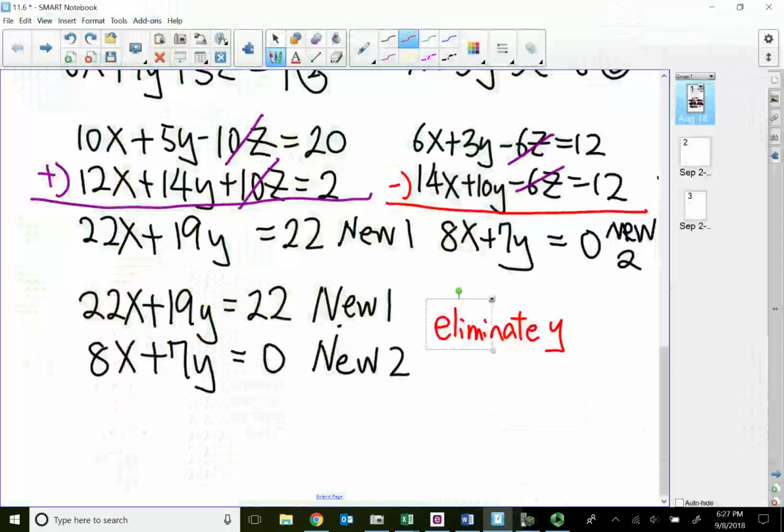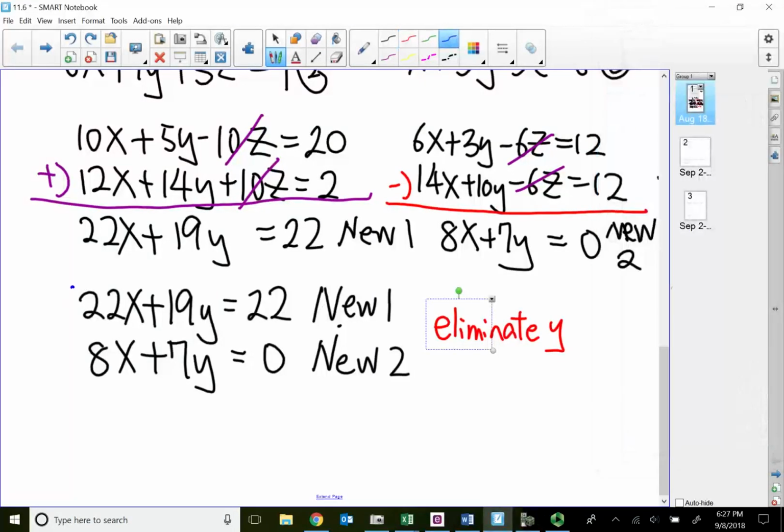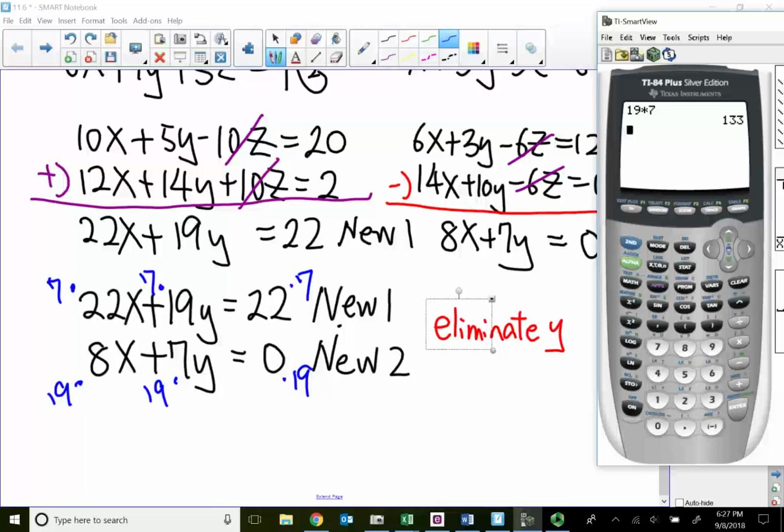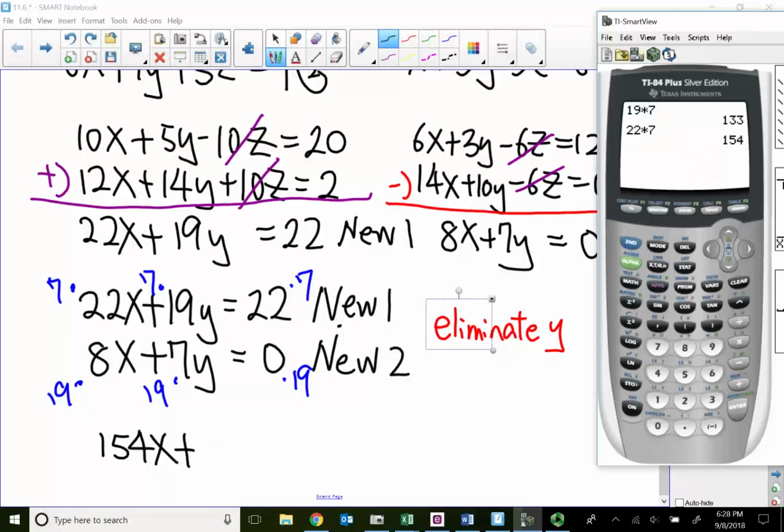Alright, because the common multiple between 19 and 7 is 19 times 7, which is 133. So I'm going to multiply every term in my new 1 by 7, and every term in my new 2 by 19. Alright, so let's see. This is a lot of computation. 22 times 7 is 154. So that's 154x plus, what did I say, 133y